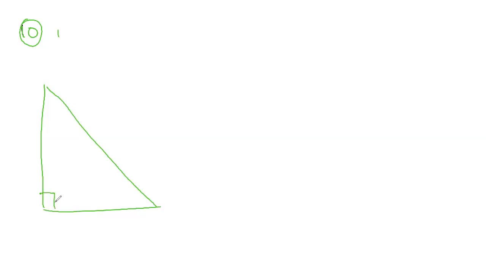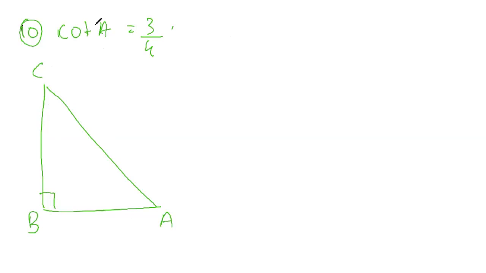So this is a right angle triangle. All we have to do is label the triangle: C, B, A. Now the clue given to us by the question is 4 cot A is equal to 3. We have calculated that cot A is equal to 3 upon 4. Now what does cot A is equal to 3 upon 4 basically mean?